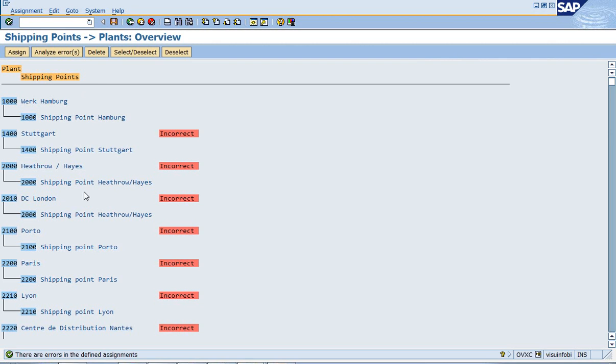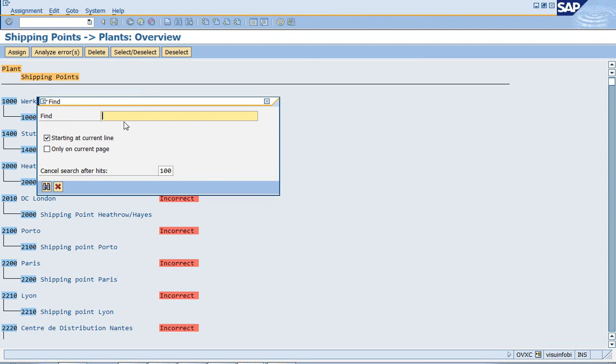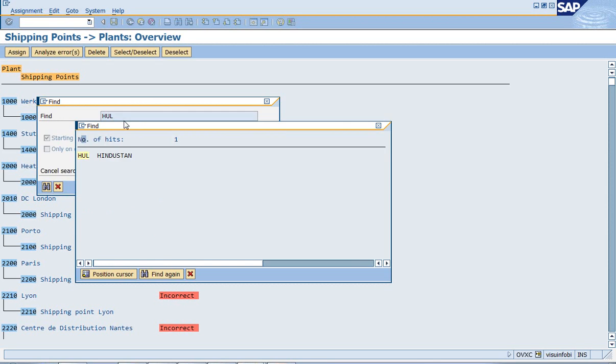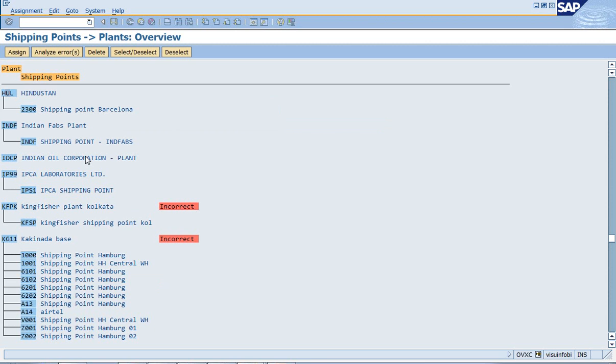Different plants are there. How to go for selection of our plant? Click on Control F over there, or use this binocular. Enter your plant HUL. It's going to show you how many entries are there with the name HUL. So this is our plant HUL. Select it.